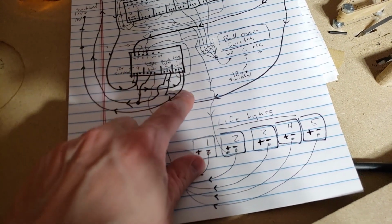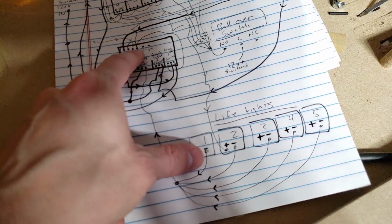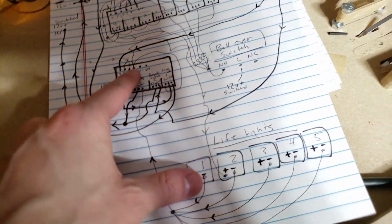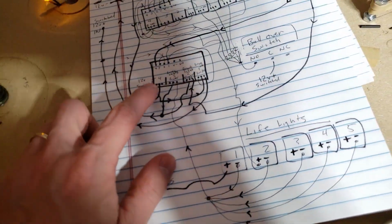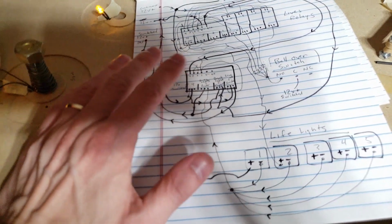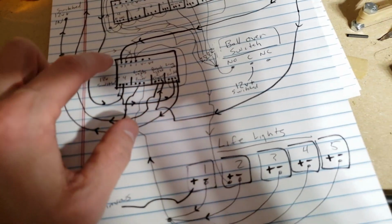That turns that from normally closed to normally open. That shuts off this relay, and it keeps itself shut off. And therefore, I lose all switched power, which is all my flippers and my pop bumpers and everything else that go through 12 volt switched, or rather the relays for the pop bumpers go through 12 volt switched. So they're going to shut off, and you basically no longer can operate anything until you hit the reset